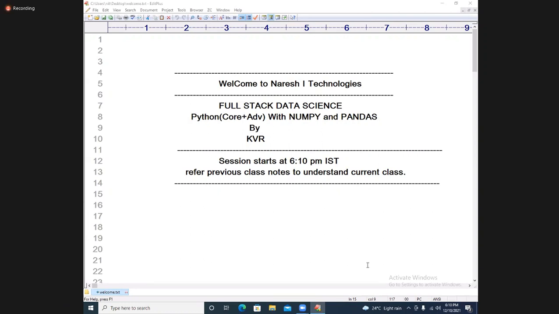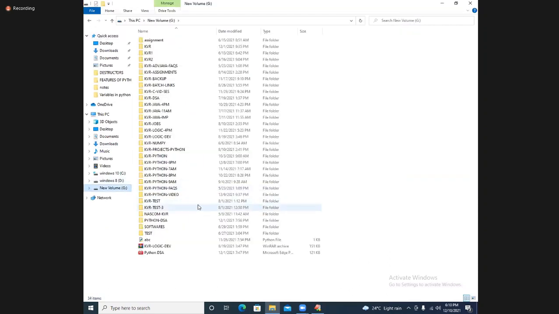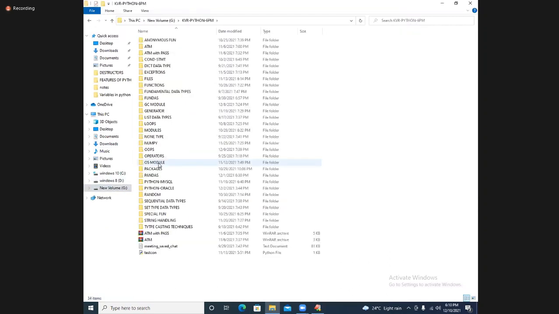Okay. So let us start the discussion for the last session. So what is the last session? Last session, we had a discussion related to inheritance.